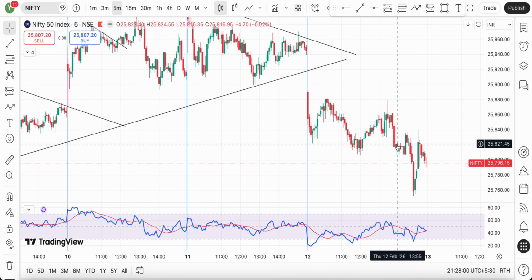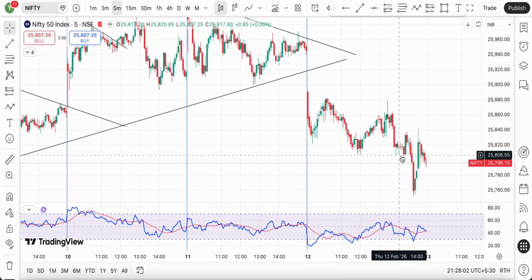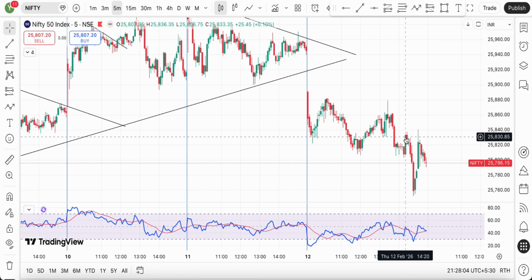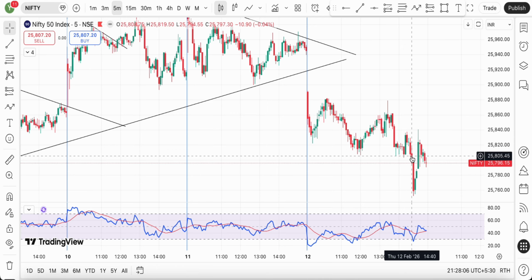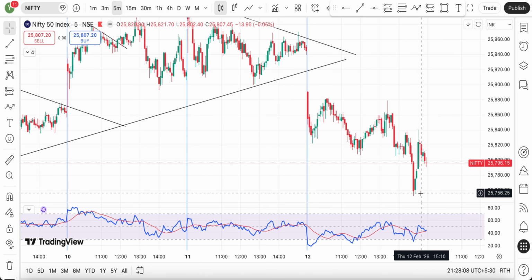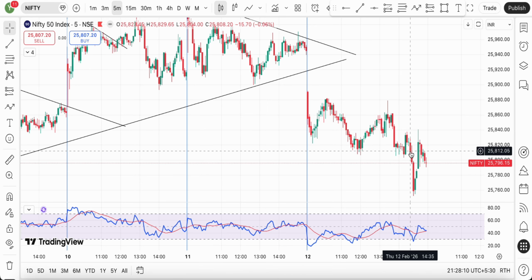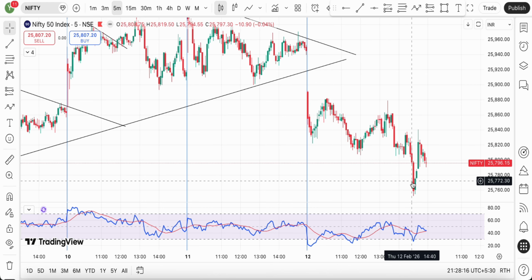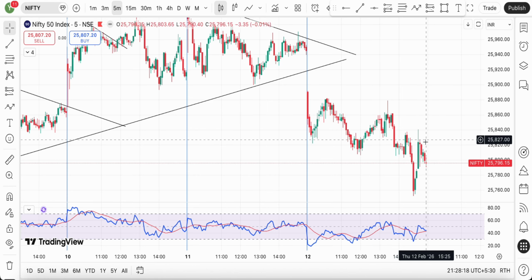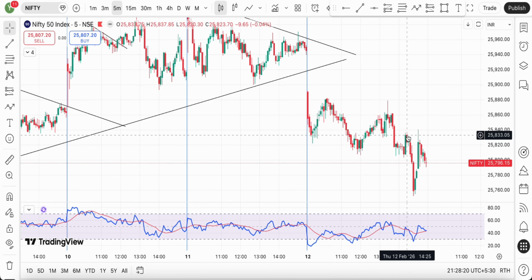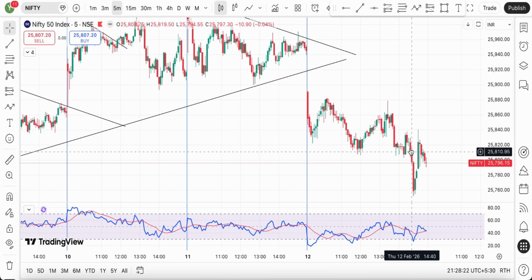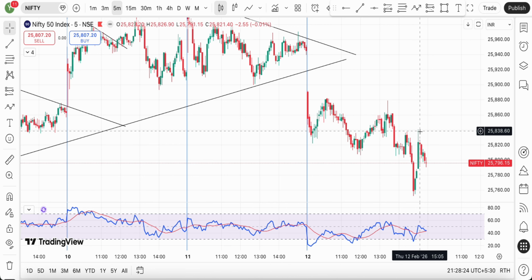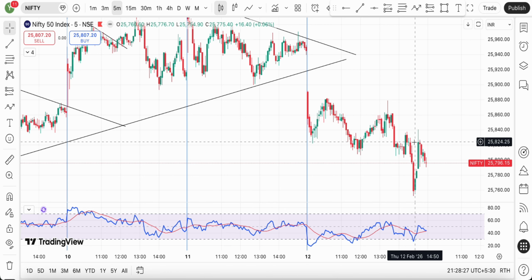And post this again, market created a new low out here, got some pullback, and then again when this low was broken, this move came in much later. And the strength with which the markets fell down out here was again complemented by a move on the upside. And this is what I always tell you guys: whenever there is a good momentum based trade, you see an equally good momentum on the opposite side as well.